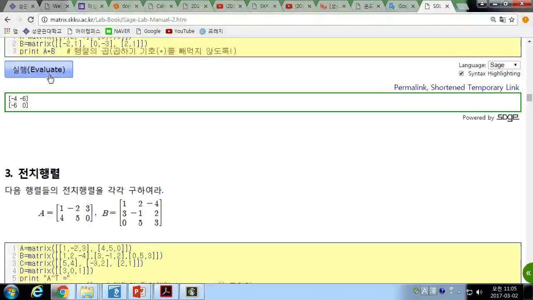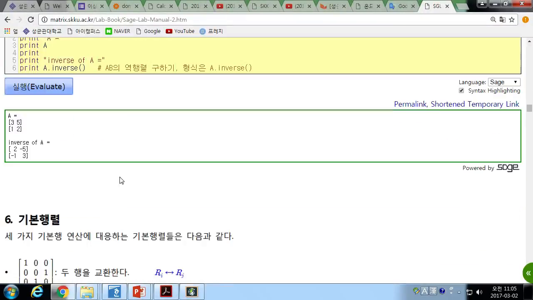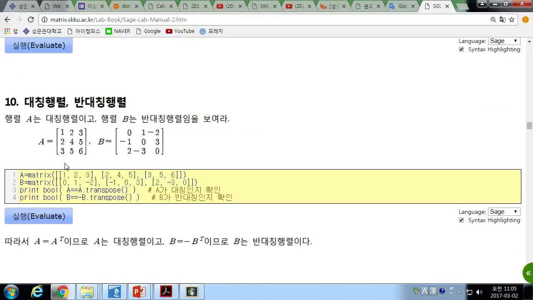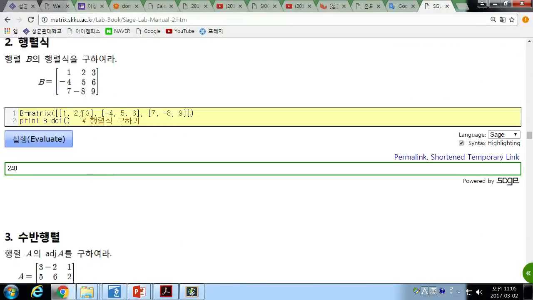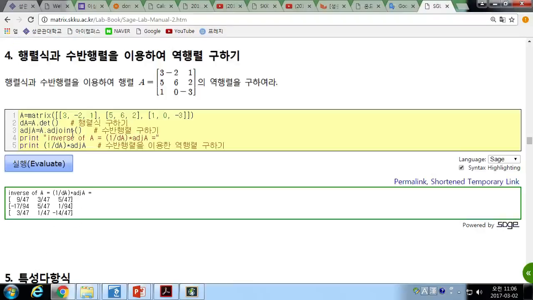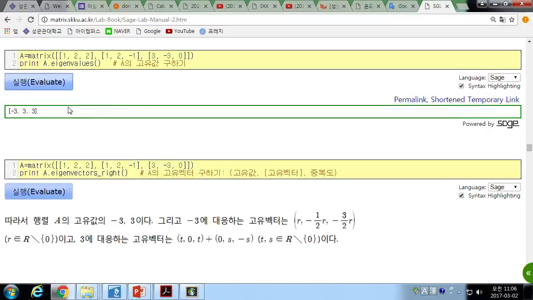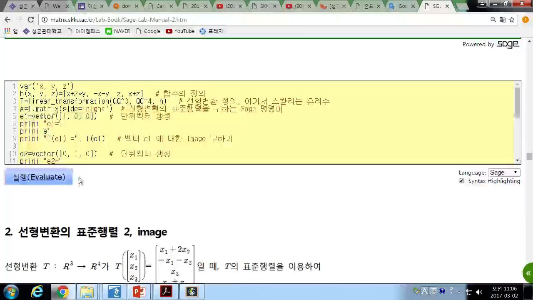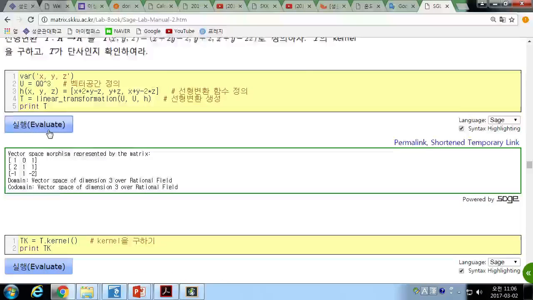and matrix computation, finding the inverse matrix, finding the determinant, finding the adjoint matrix and the inverse matrix, finding the characteristic polynomial of a given matrix, and finding the eigenvalues and eigenvectors, and linear transformations, the image of the linear transformation of a given vector, and finding the corners,